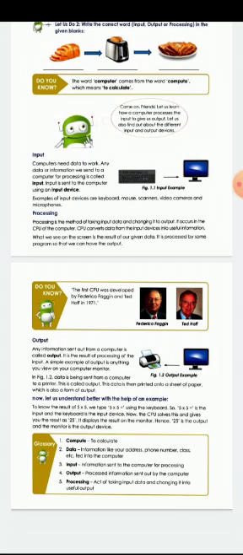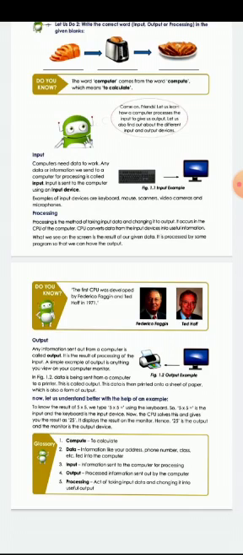Next, here one example is given: 5 into 5. If you give 5 into 5 as input, then that input is given through the input device, the keyboard, into the computer. Then the computer sends this input to the CPU. There, arithmetic and logical operations units will be there.